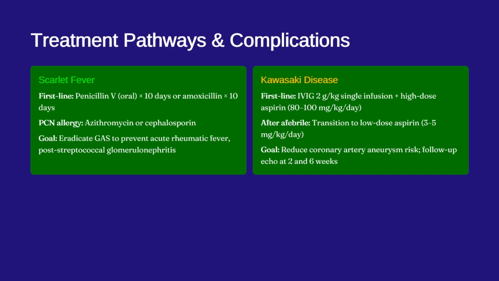So this is the breakdown of the treatment. For scarlet fever, you can give them penicillin. If they are allergic to penicillin, you can give them azithromycin or cephalosporin. And the goal is to eradicate GAS to prevent acute rheumatic fever and the post-streptococcal glomerulonephritis. And the one for Kawasaki disease,